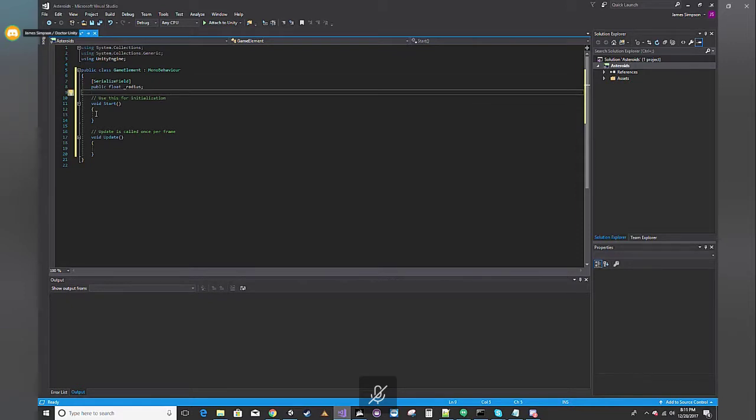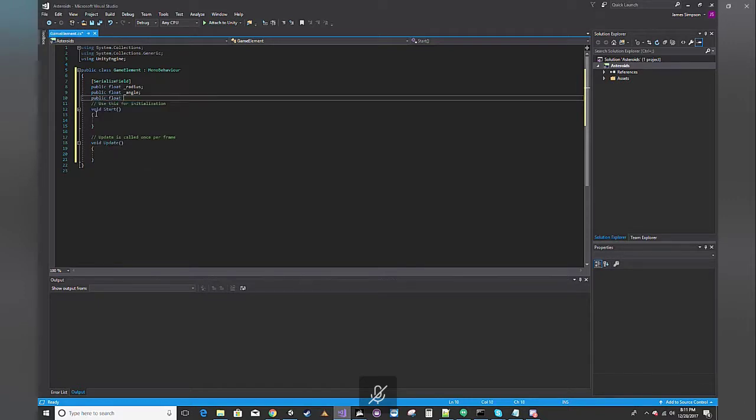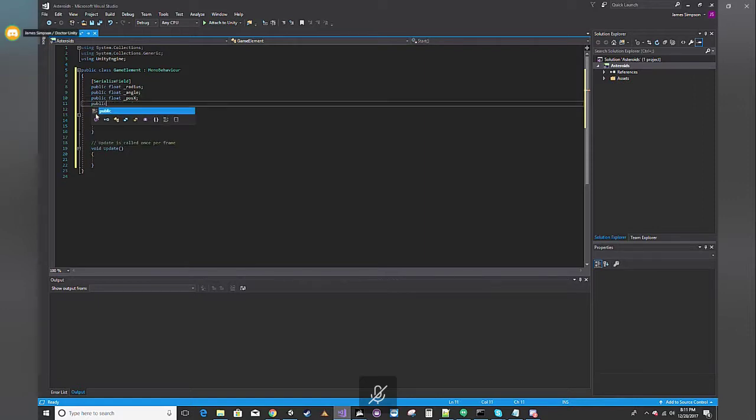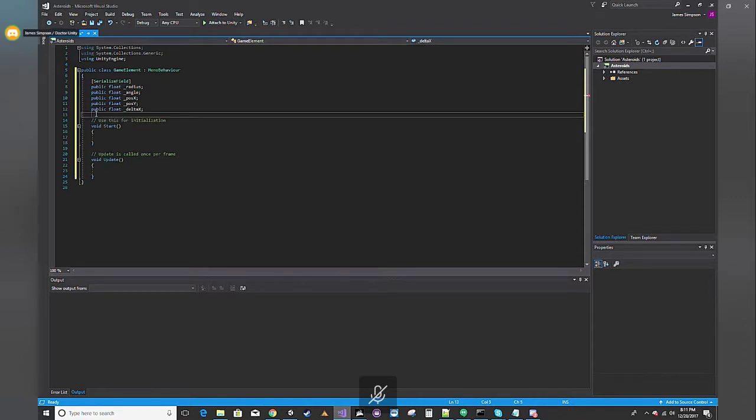We're going to need, well, this is common to the players and the asteroid, an angle. Obviously, position X and position Y. We're going to need to know the change in positions, like the velocity, or the delta. That's the one I'm looking for. Delta X, delta Y,